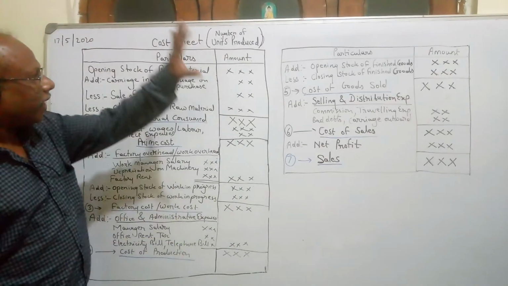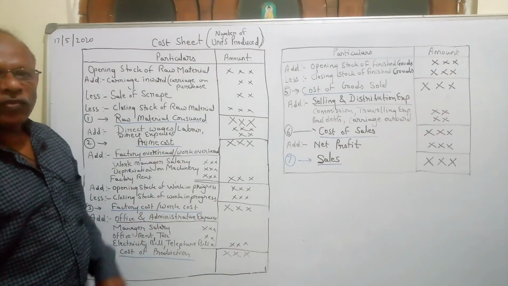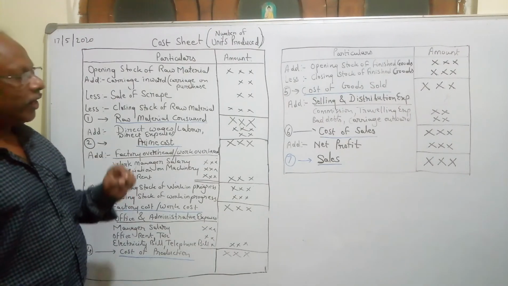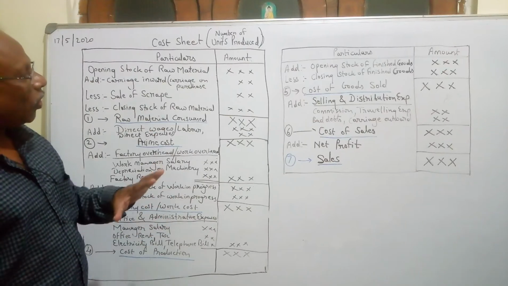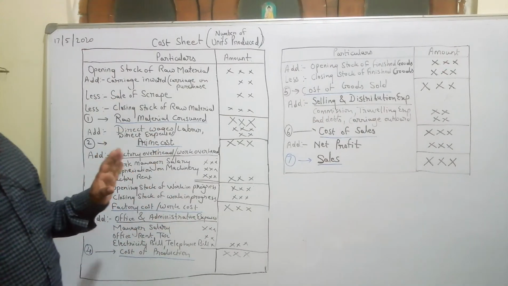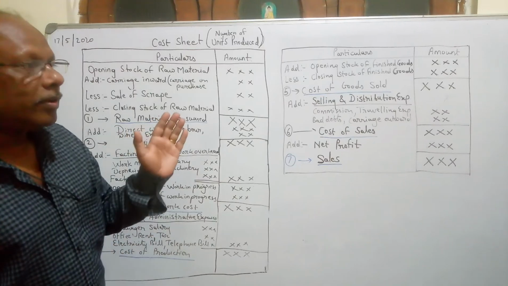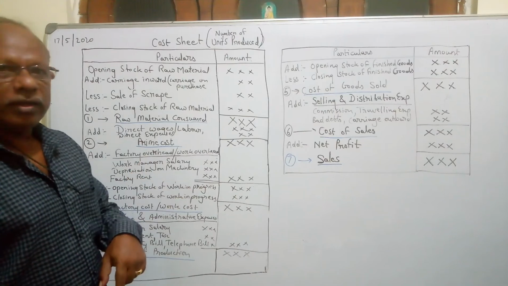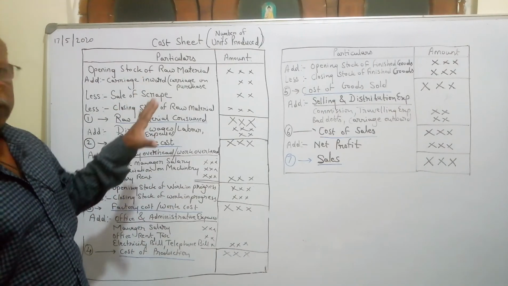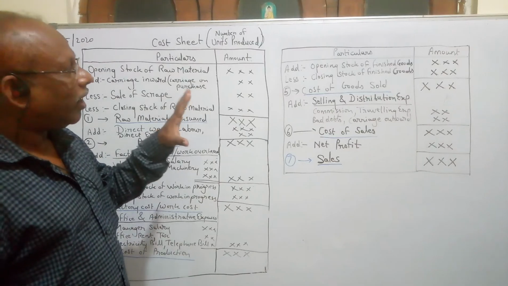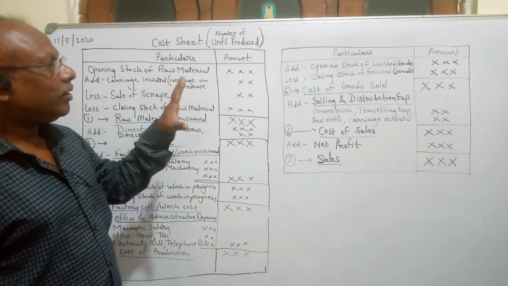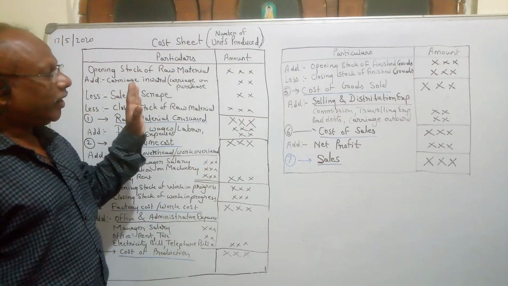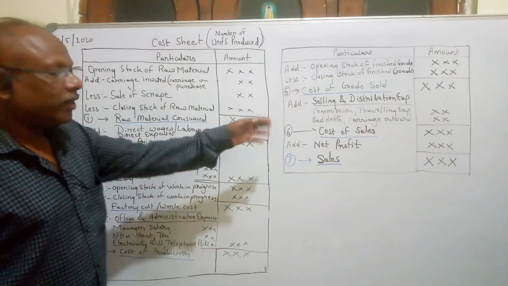So the cost sheet is prepared to ascertain the profit of the units produced, or of each unit. We can work out the profit of each unit. The cost sheet is also prepared to compare with the previous cost sheet, quarterly, half yearly or yearly. So we can control the cost as well as assign the cost as per the cost given, or the manager can take decisions regarding the cost and reduce the cost to increase the profit.